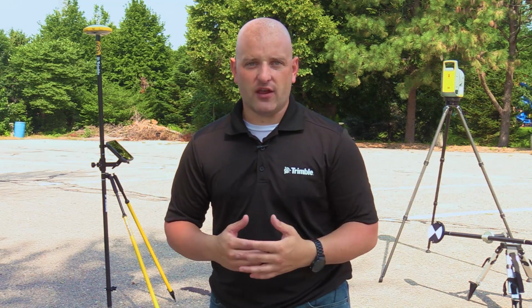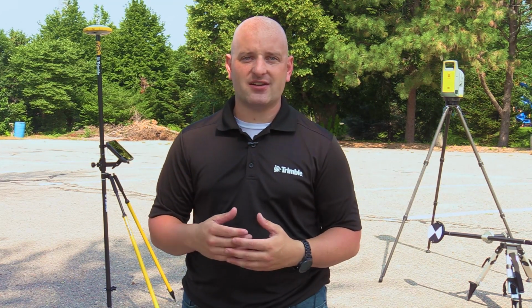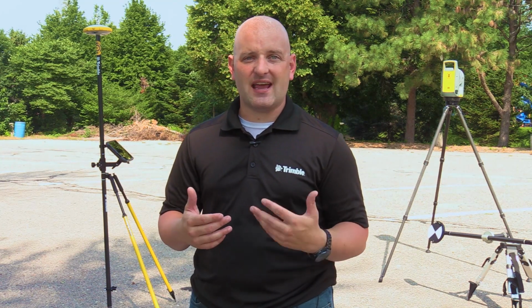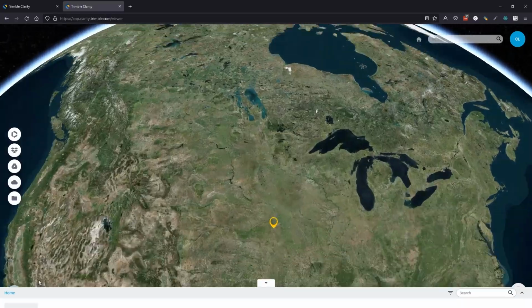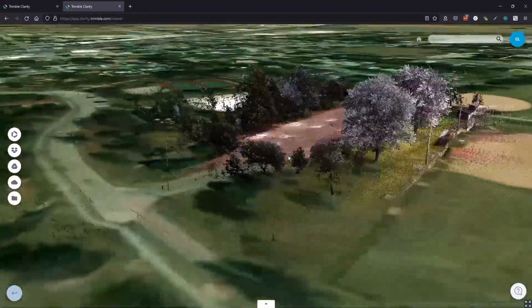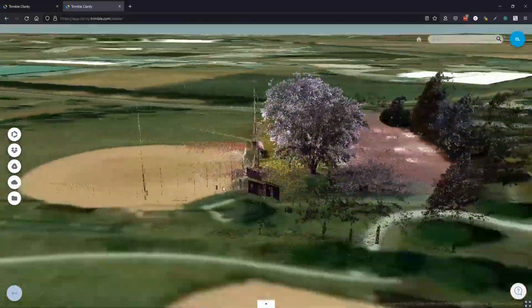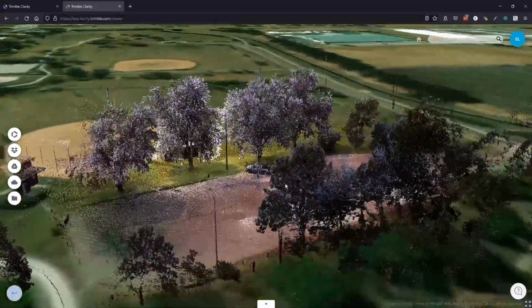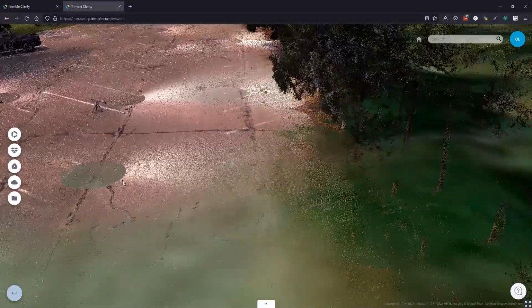Now, let's look beyond the crash scene itself. Georeference data can be shared with roadway engineers or others that can use this data to build better roads and intersections and may help reduce the number of crashes that happen there to begin with. Or this tool may be a way to help justify funding for purchase of these instruments within your state, county, or municipality. One way to make use of this georeferencing feature is to use the Trimble Clarity service to share your georeference point cloud data with roadway engineers, or recreate the scene in the exact position that it was the day that the event occurred.